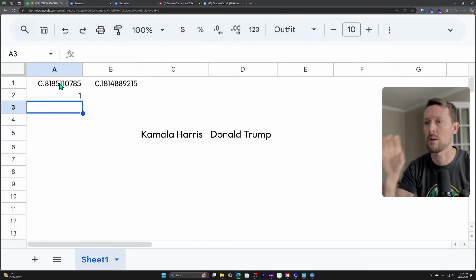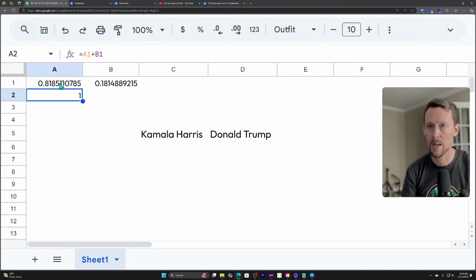I'll even color code it blue and red. So this will make sense, I promise. But ultimately what's happening up here is that throughout the day, different amounts of voters are going to vote for one candidate and other amounts are going to vote for the other candidate. And they're going to add up together to equal 100% of the votes.